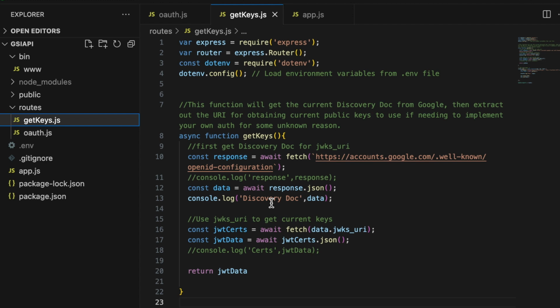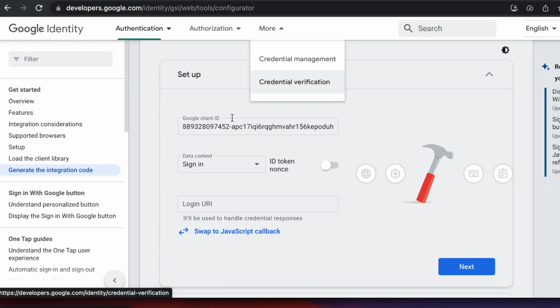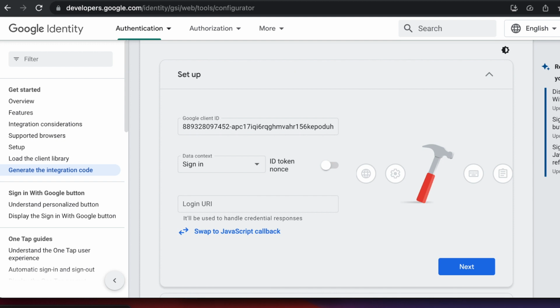This discovery document has many different fields to it. One of them is the most important, and it's the JWKS_URI. If you ping that URI, it will return the public certificates for Google. You can then use those to unpackage the cross-site request forgery token, and then you can proceed the authentication route from there. But that is so much extra work. I don't know why anybody would want to do that. I have included that route in the API if you need to go that route, but by far the easiest